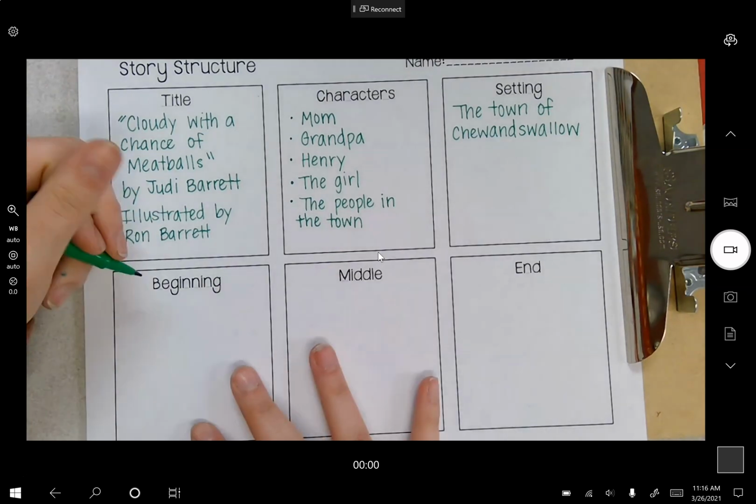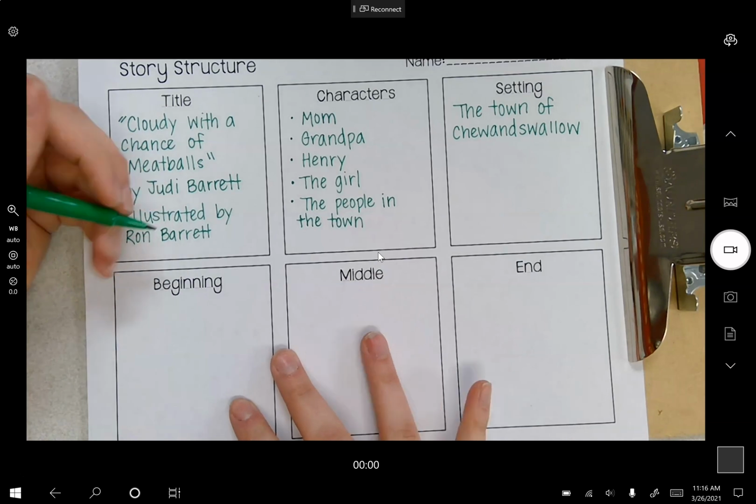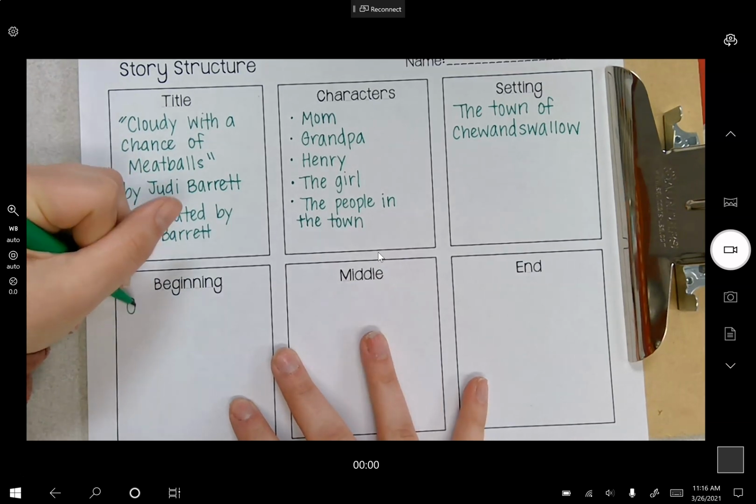Okay, so we're going to sum that up. We're not going to retell the whole story, just the most important parts. So we're going to say,